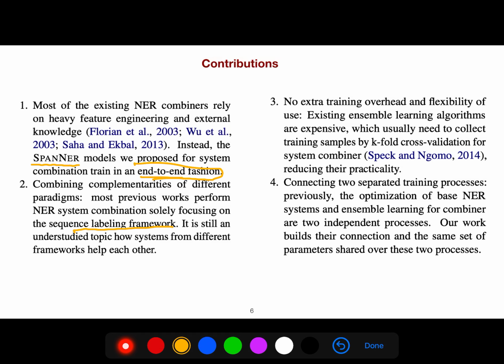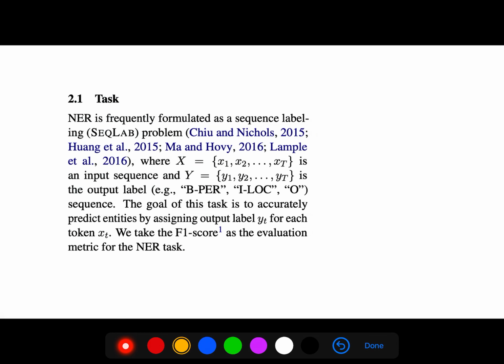Existing ensemble learning algorithms are expensive, as they usually need to collect training samples by k-fold cross-validation. Also, previously, optimization of the base named entity recognition systems and ensemble learning for the combiner were two independent processes. But this work shows that they are unified and they share the same task.